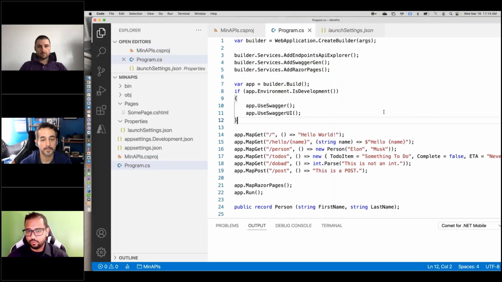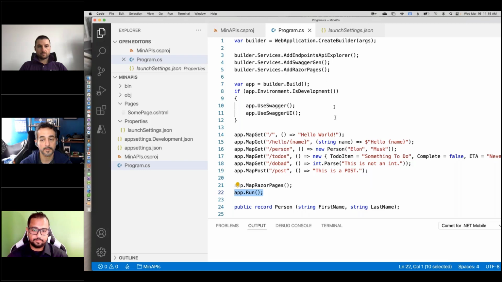I got a bit of code here, a lot of which is unnecessary. The one thing you do need is the builder. This is the .NET generic host builder pattern, which lets you bring in dependency injection and things like that. But all you need is the var app builder, and then you need to start up your app. That's just those 3 lines you need. I have a few extra things here.